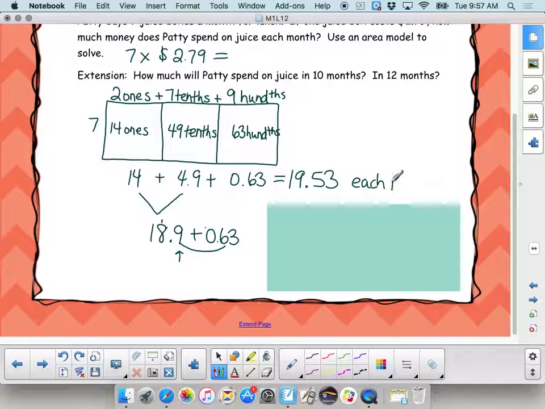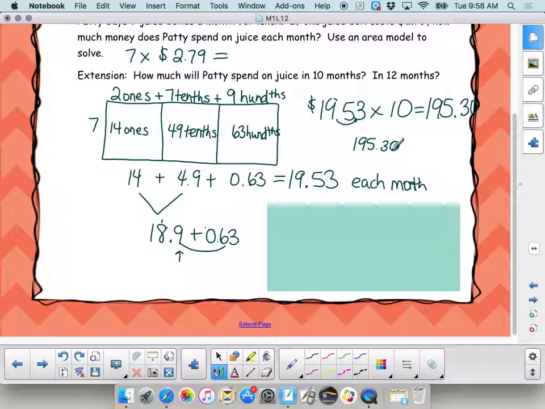Okay, so that's a month. Each month. Now, what if I wanted to figure out how much for 10 months? Oh, this is easy. I can just do $19.53 times 10. Anything times 10? Add a 0 to the end. So my answer will be 19... now you don't have 530 cents. That won't make any sense. Will this make sense? Okay, what did I do with my decimal when I multiplied it by 10? You moved it over one place value. So it's $195.30